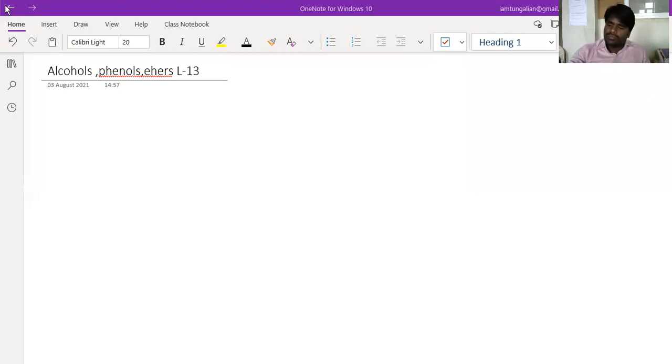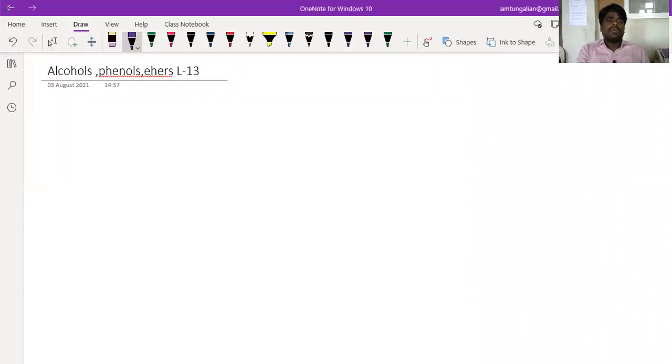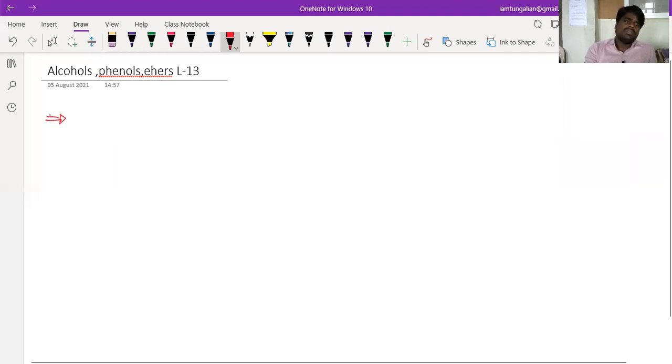As I already told you, we were in the discussion of chemical properties of alcohols. In the last class, we were discussing the chemical properties of phenols, and we will continue with that. Under that, we will see an important reaction, beta. The next reaction is called the Reimer-Tiemann reaction.